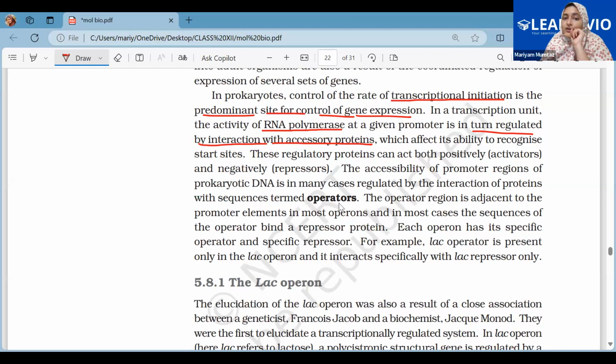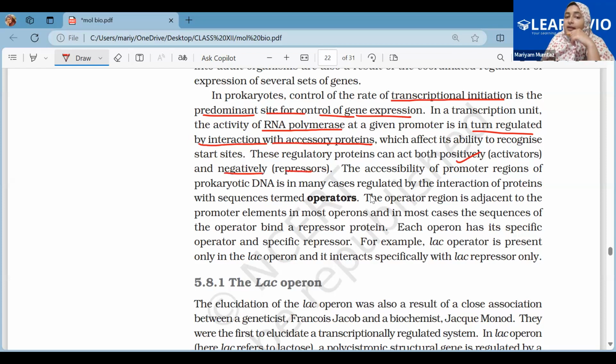So why? Those are accessory proteins. Those are additional factors that come into play in the transcriptional process. They are not a basic necessity, but they are something extra that plays a very important role in the process of transcription. Now, these regulatory proteins can act both positively, meaning they activate the entire process,